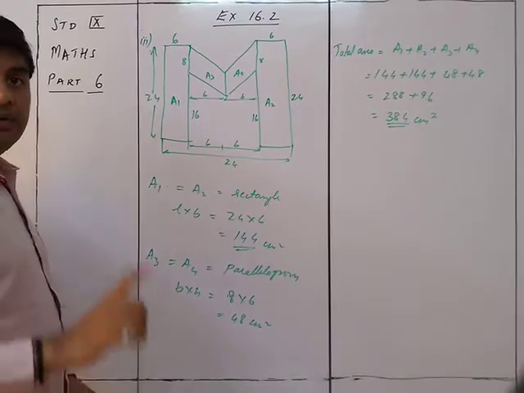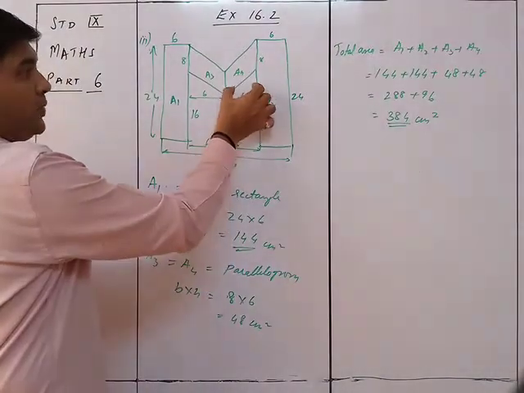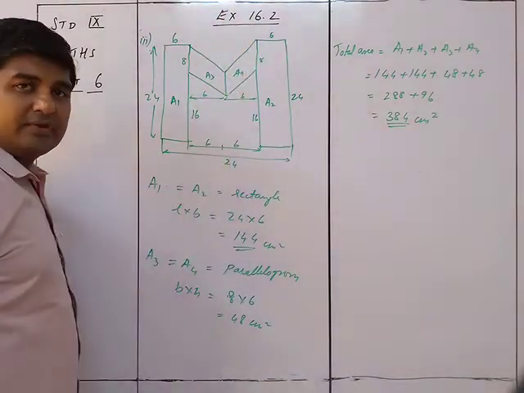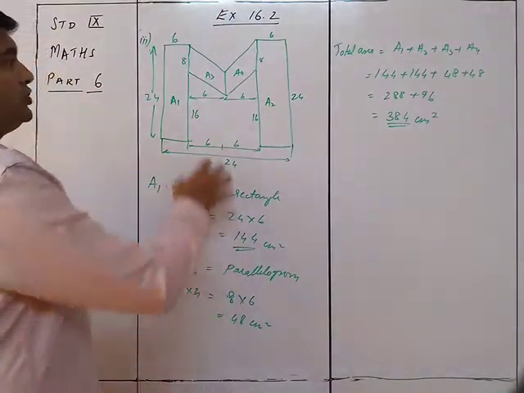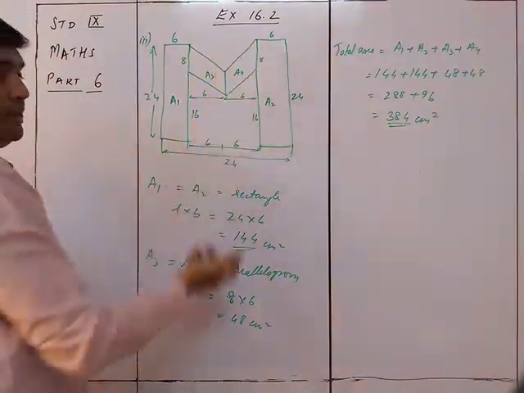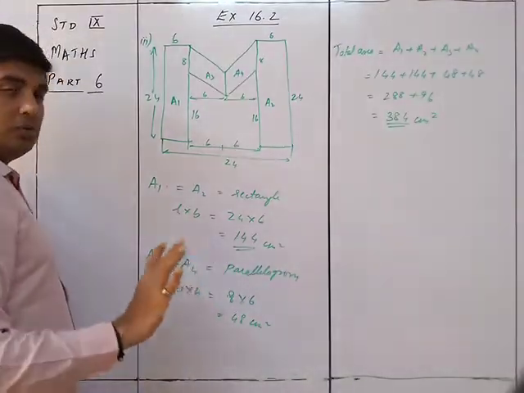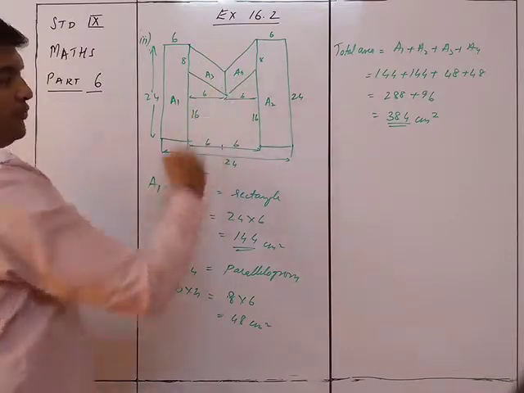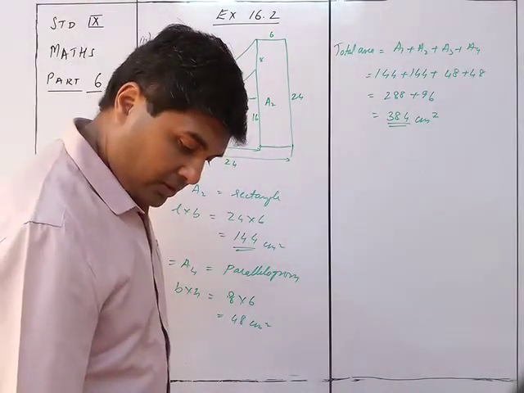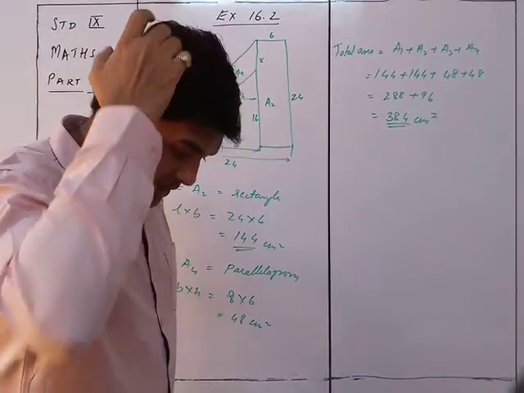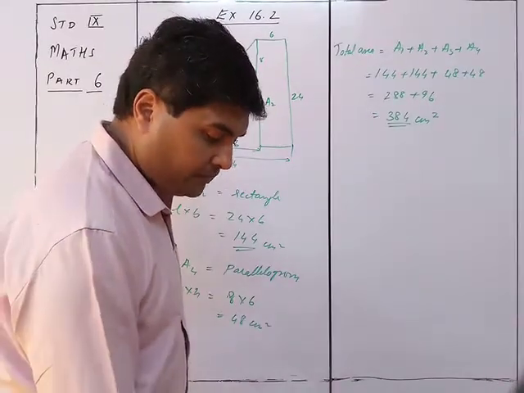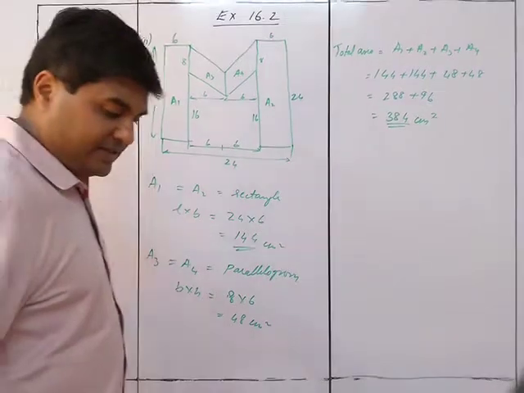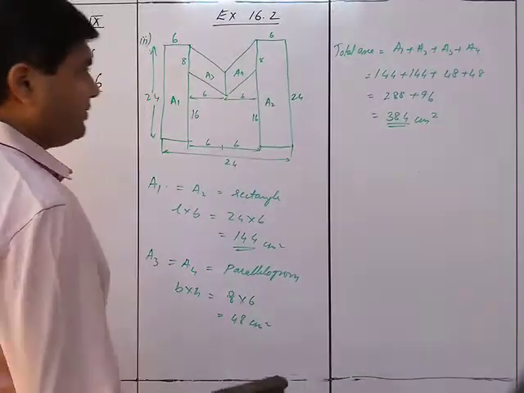Got it? Remember this part over here is a parallelogram. You don't need to do anything with the triangle. Otherwise you will also have the problem of how this part was obtained. So you don't do anything else. This is much easier. That is a parallelogram of this side. Okay, that was sum number 43. Now we move on to sum number 44. 44 again, it's easy parts. So okay, we'll discuss that thing.